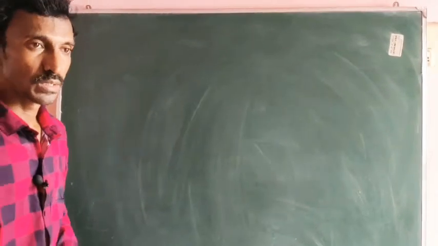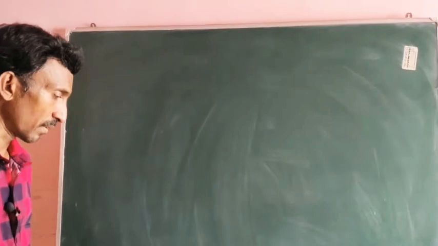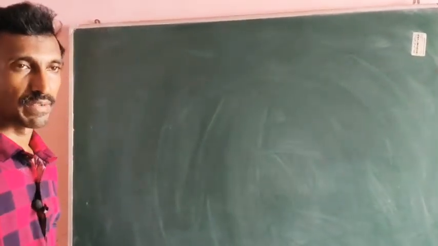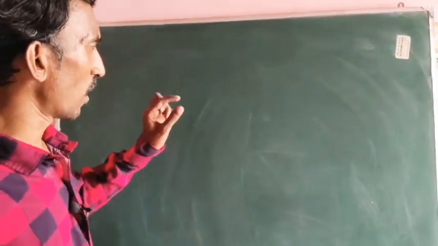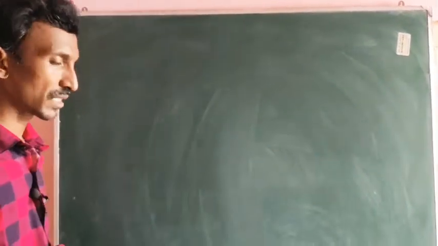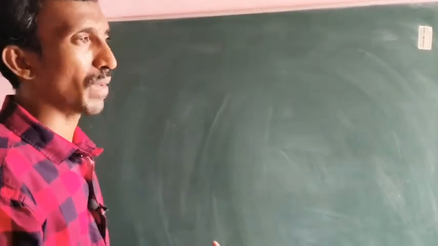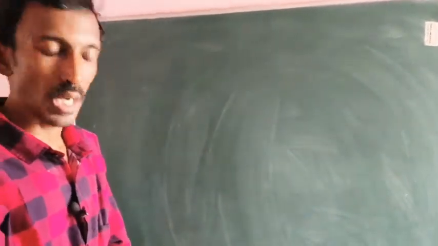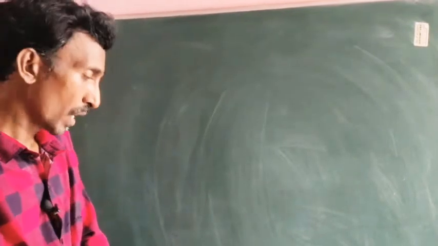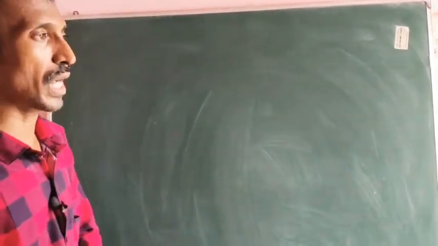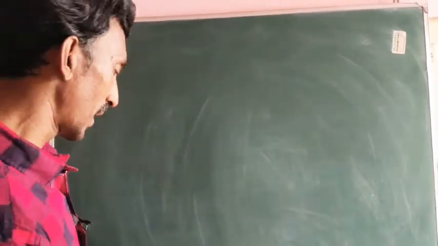Welcome my dear student. Before solving the exercise 7.6 we have to recall the applications of first derivative. So we are going to apply monotonicity of functions and maxima minima. There are two things: absolute maximum minimum and also local extremum, local maximum minimum. So first thing, there are two types of functions: monotonic increasing and monotonic decreasing.